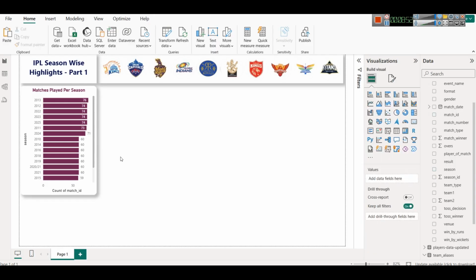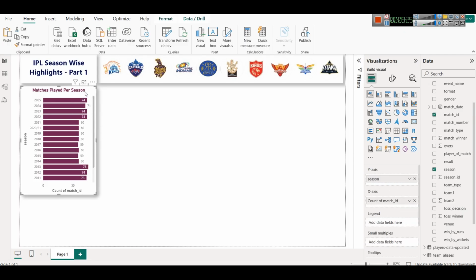So now you can see from the starting we have matches, and if you want to arrange it in a different order, right now it is arranged in the order of total number of matches played. So if in a season the highest number of matches were played, we will see that 2013 is on top, but we can sort the axis on season also. So you will now be able to see season wise,